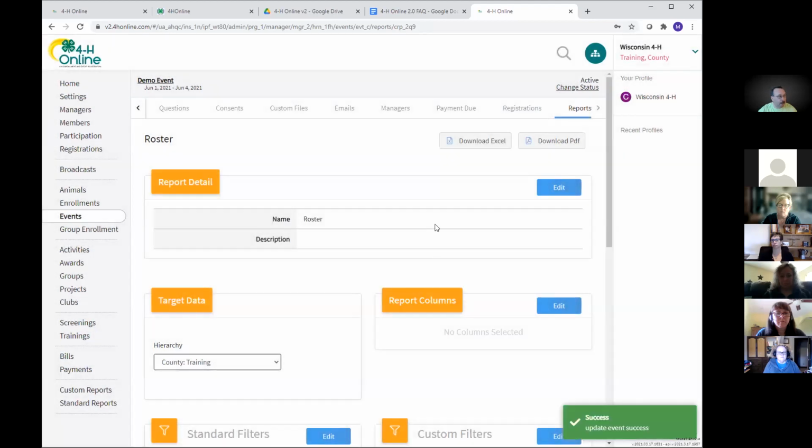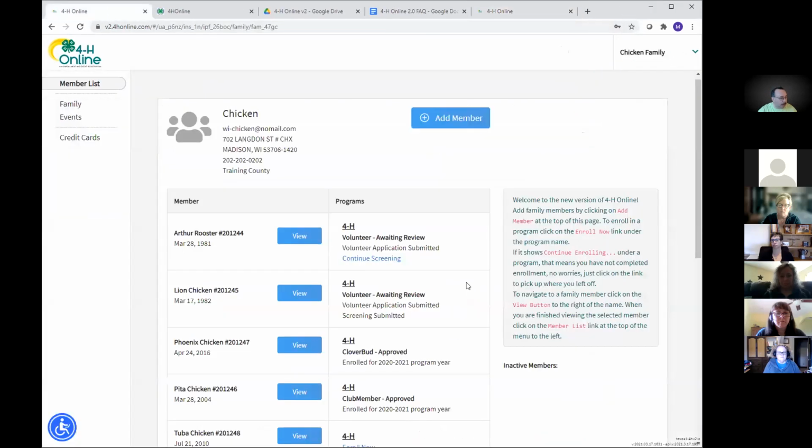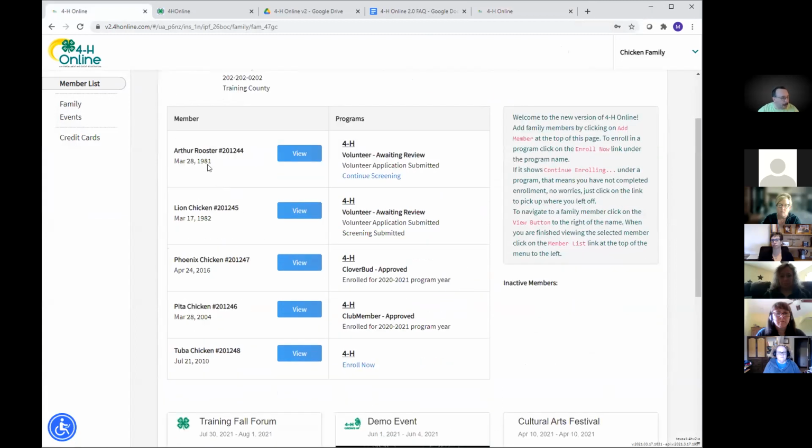Okay, so now let me find my other family. Okay, here we are. Welcome to the chicken family. We have Arthur, who's a volunteer who's awaiting review, as is Lion. There's Phoenix Chicken, an approved Cloverbud.